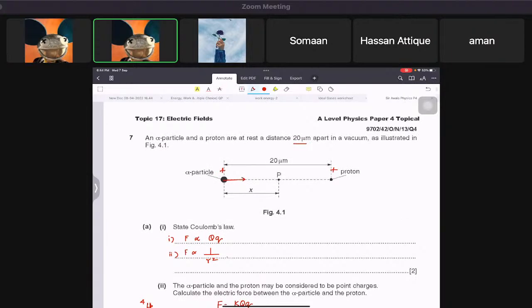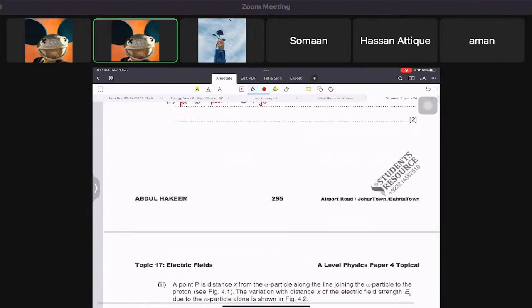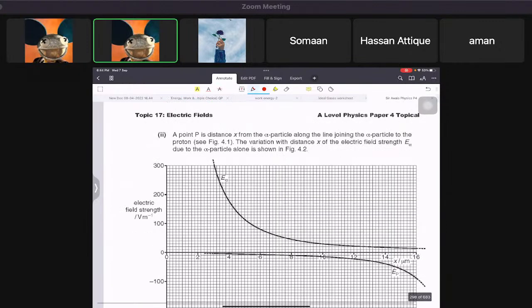If I say this is the electric field of the alpha particle, the positive field also goes out of the proton, so this is the electric field of the proton. Basically this is a vector quantity, and where they're comparing at point P, you might see that they are in the opposite direction, right? So for 2 marks I'm going to say that